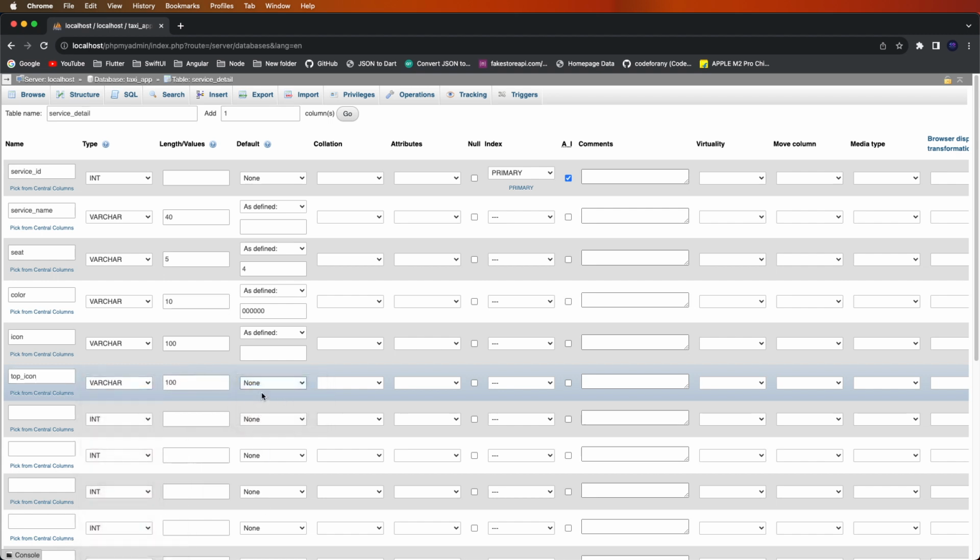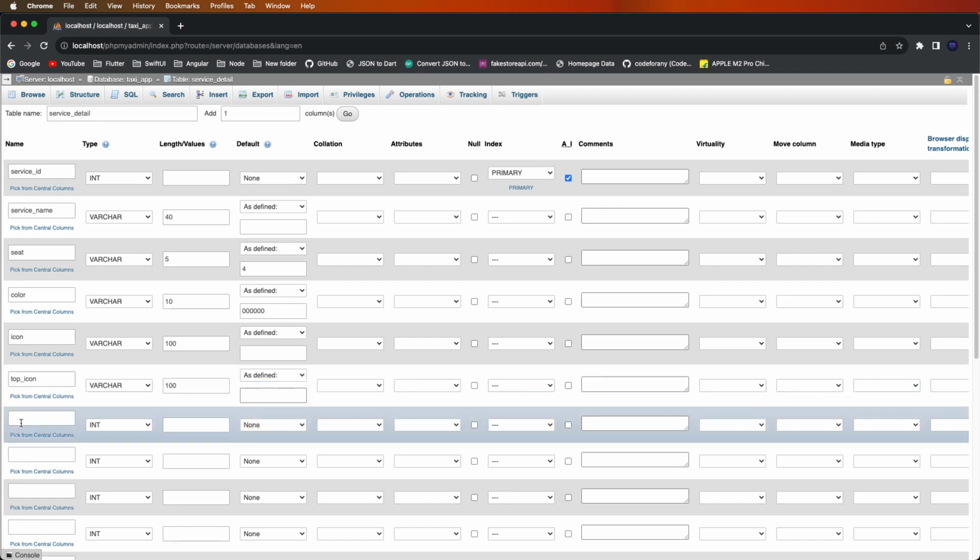After that we need to create the genders related, like taxi only for ladies, only for men, these types need to be identified. That is the gender, by default